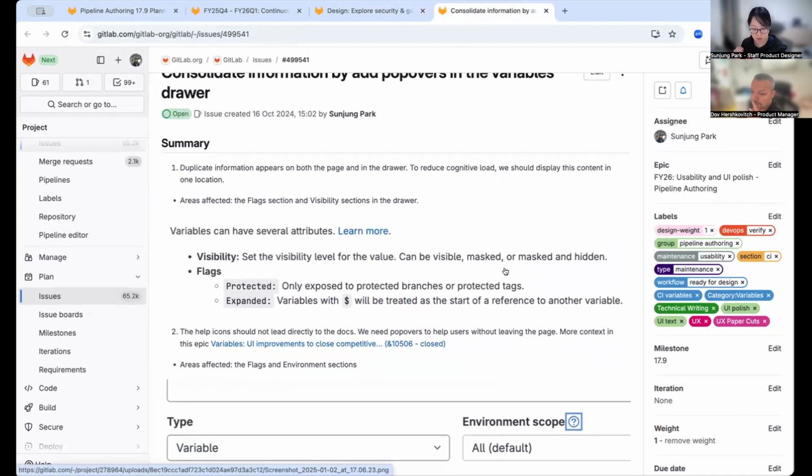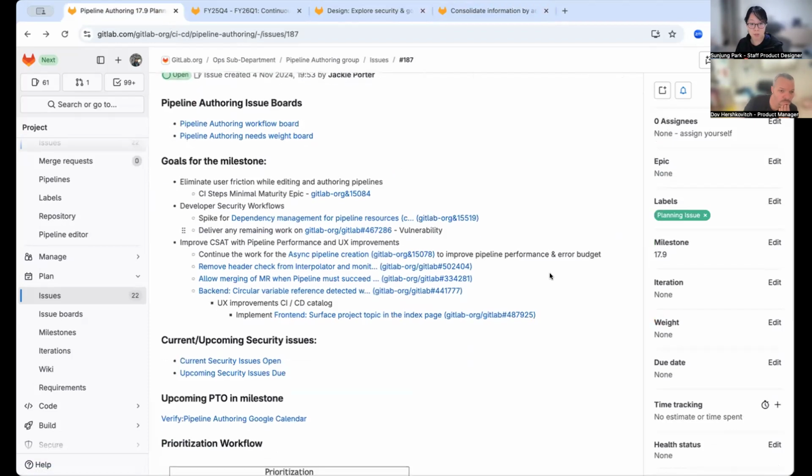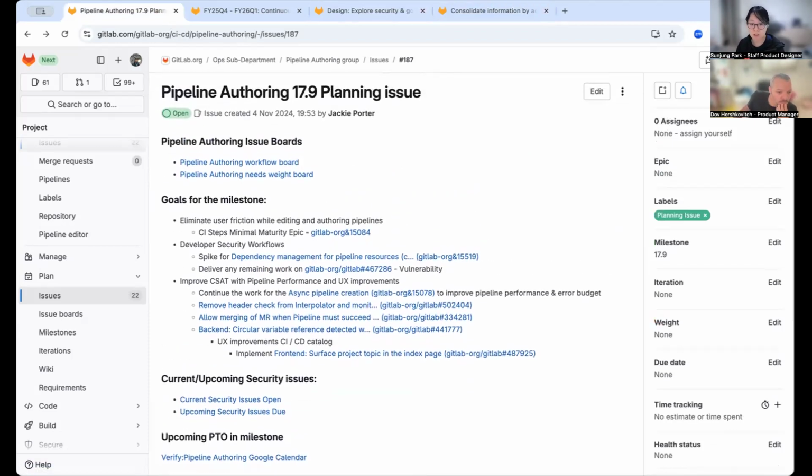For now, the current behavior when a user clicks on this is going to the documentation, but this is not an ideal experience. We want to provide more information inside, probably a popover or tooltip, so everything looks cohesive and a little bit nicer. So that's what we planned for 17.9.